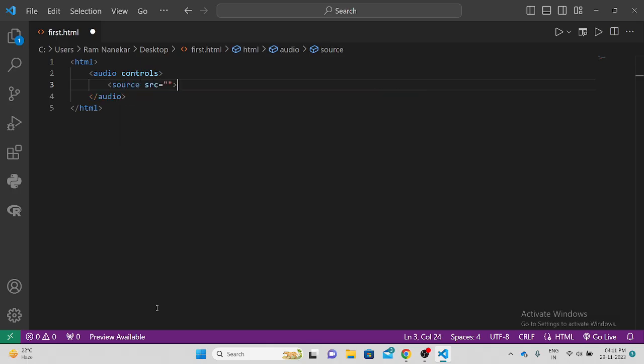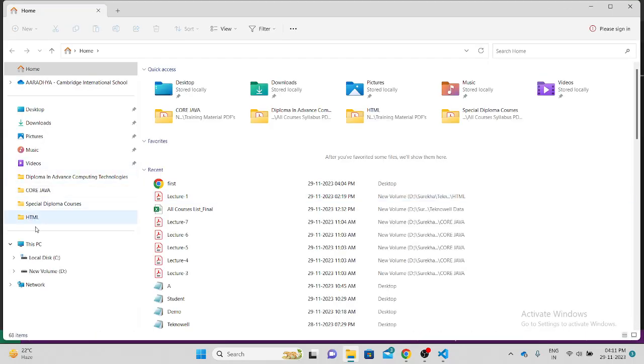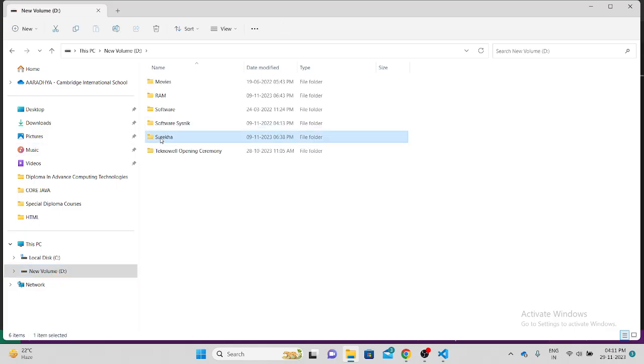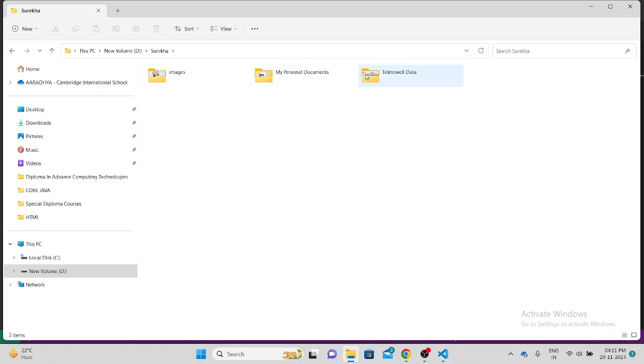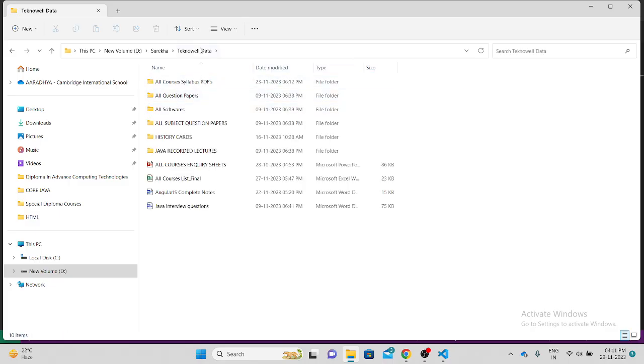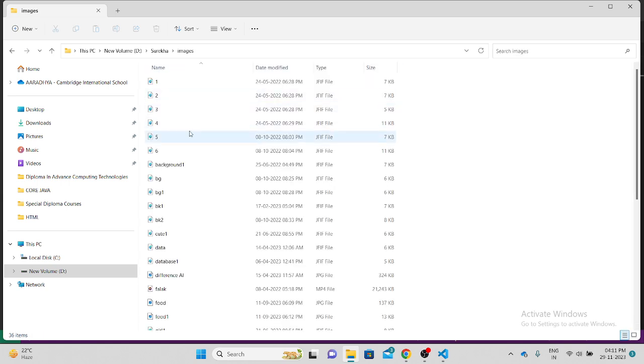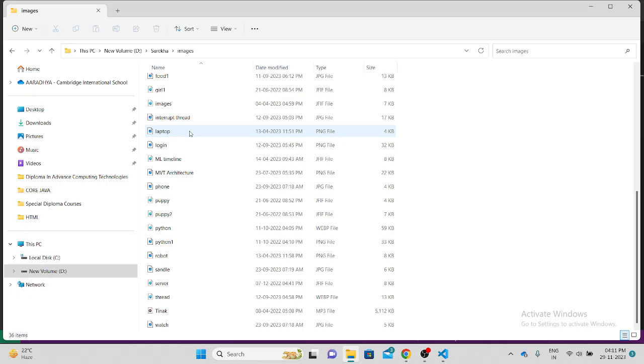So whichever audio track you want to add there, you have to add it. In my case, all my images and audio are in a single folder, so just select that folder. You have to go inside the D drive, inside Surekha, technovel data. Inside Surekha there are images, and inside images there is an audio track. See, it's Palak, it's Tinak, and the extension is mp3. So just copy this path,